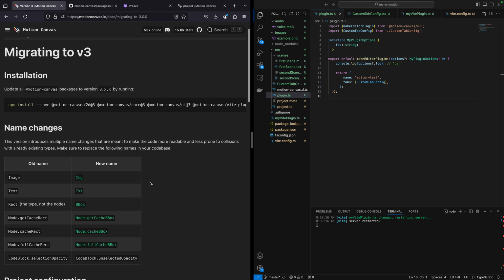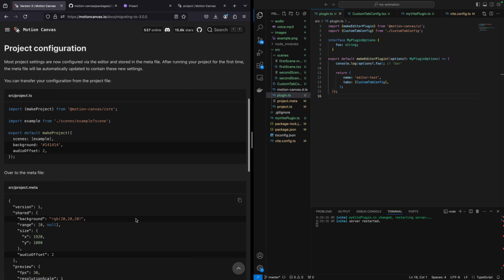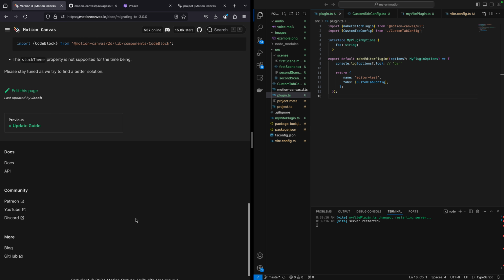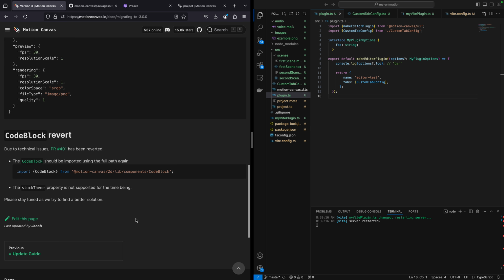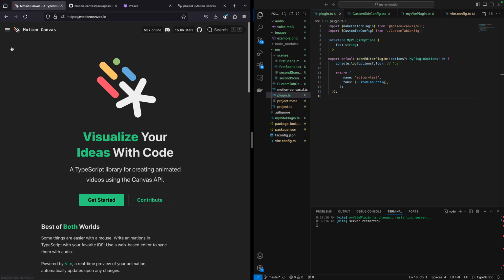This just simply tells you the differences between the old version, like 2.x, to 3.x. Some various things have changed, but if you're starting brand new, as I am assuming that you are, you shouldn't need to migrate, so we're not going to go over that. So back to this page,